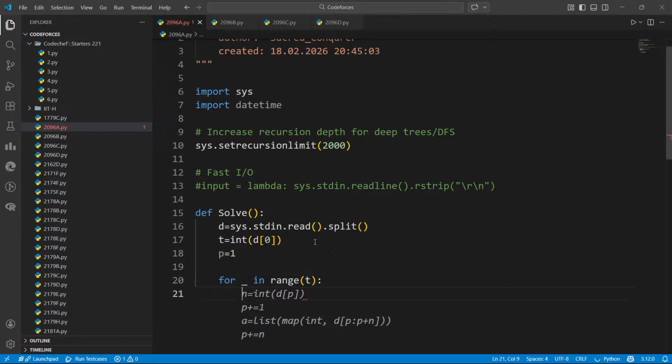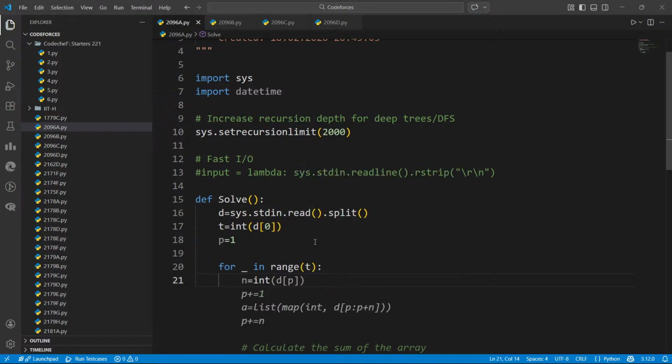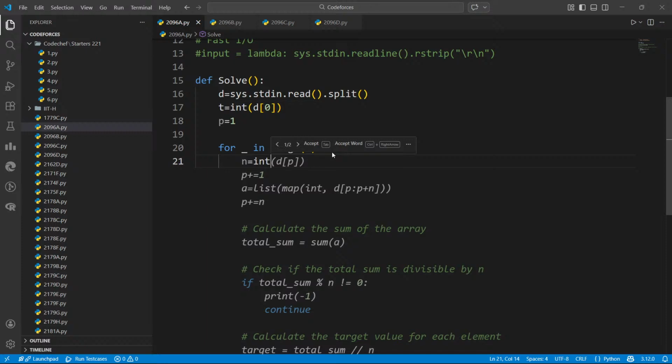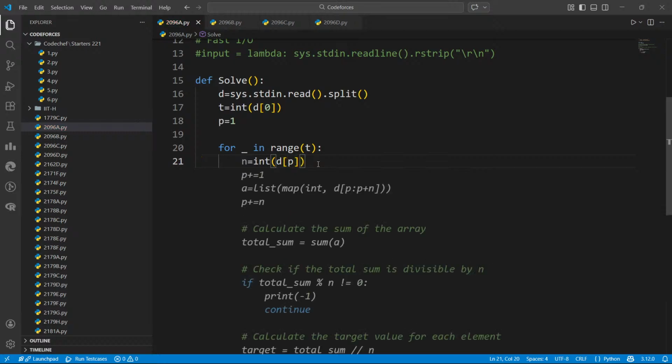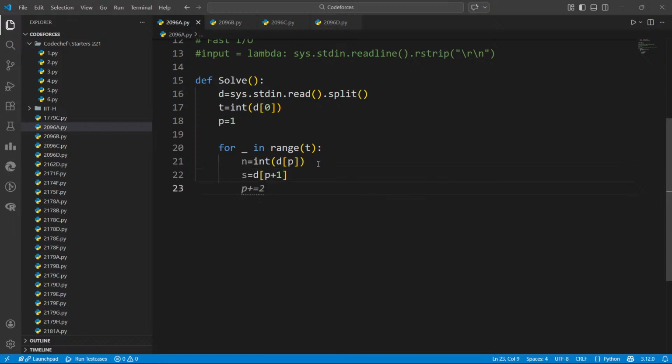For range t. Okay, no, wrong. s is equal to d of p plus 1, and now we'll increment p by 2, and then we'll take another m, which is equal to s dot count plus 1, and we'll take r equal to m.